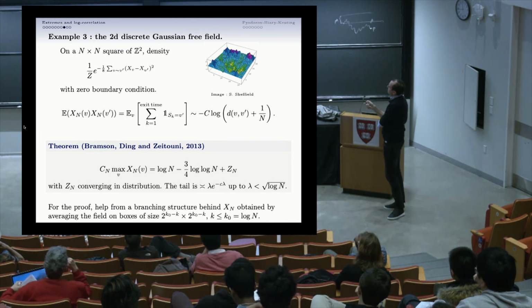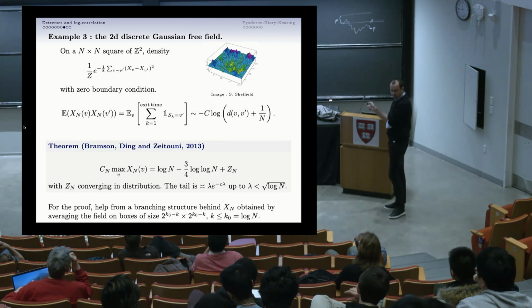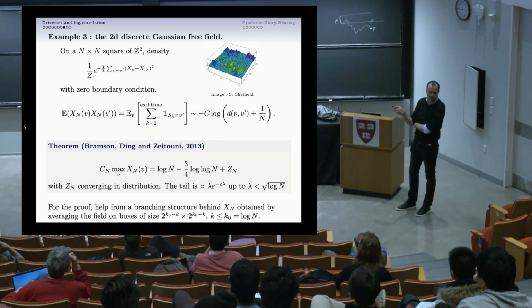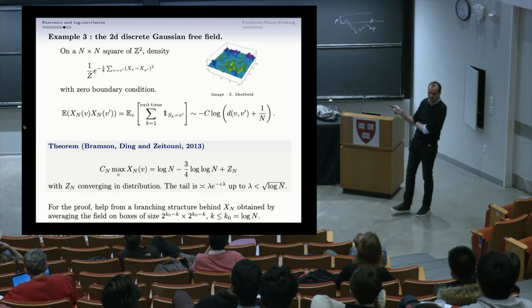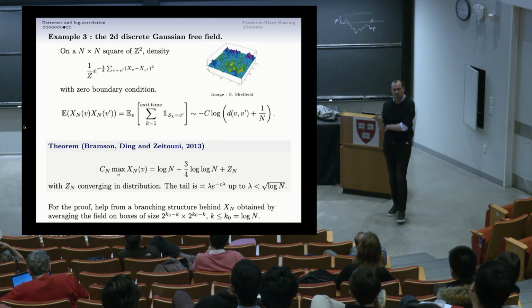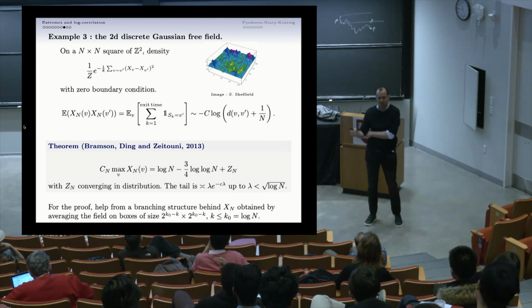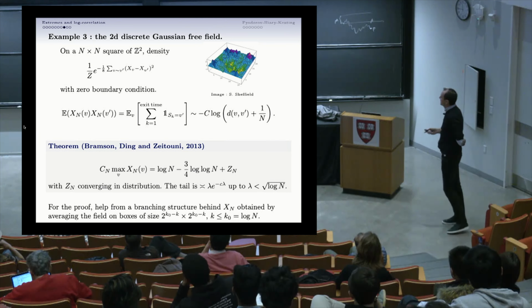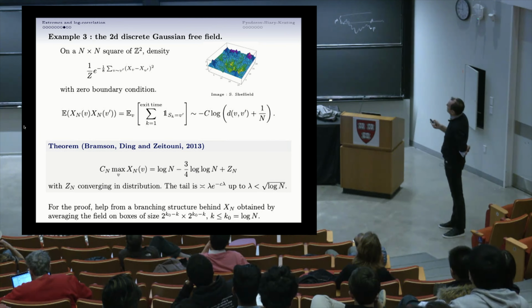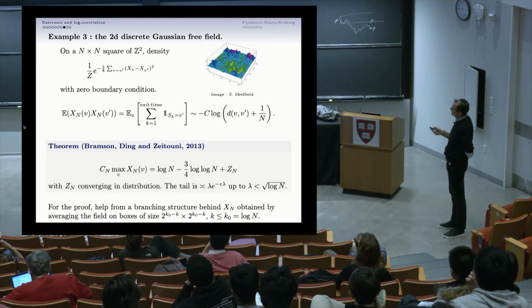And then after renormalization, again, the maximum will behave like log n minus 3/4 of double log n plus a random variable, which is not quite explicit, but we know the tail. The tail is of the predicted type again, lambda exponential minus lambda, which is different from what it would be for independent random variables, like a Gumbel random tail would be just exponential minus 1. So if you want to cook a proof for this, you may want to mimic something that Bramson himself had done a couple decades before,